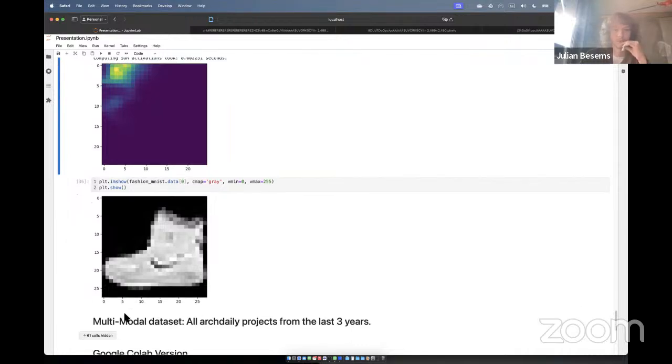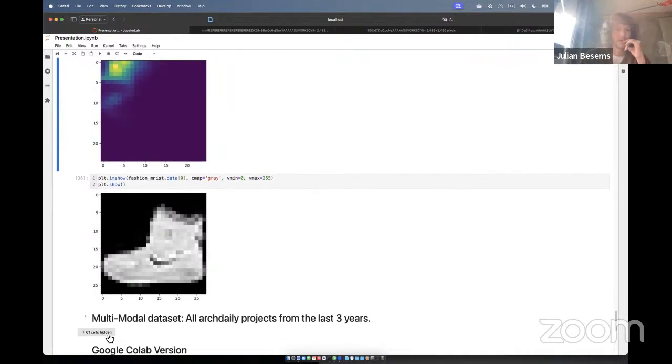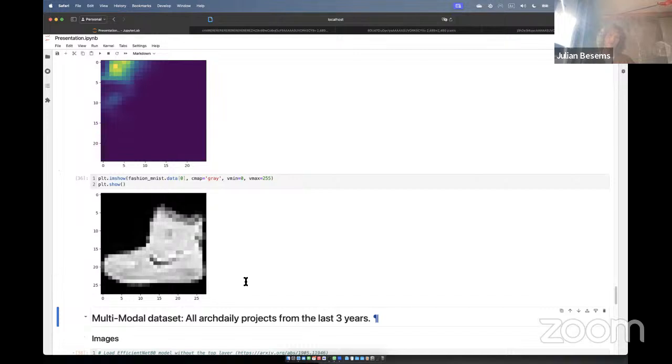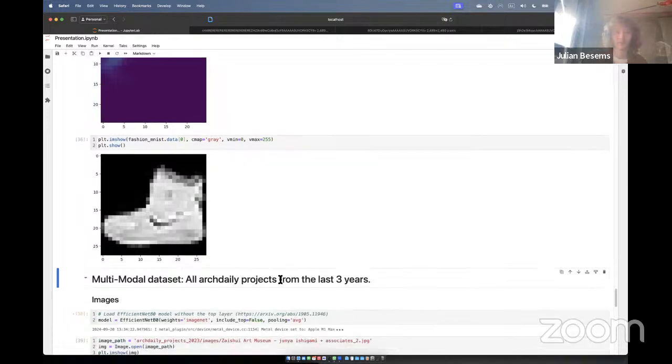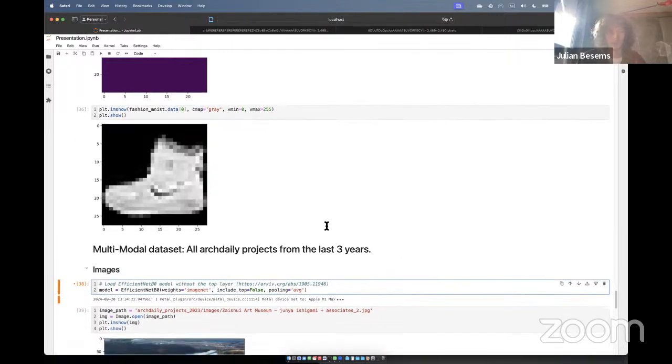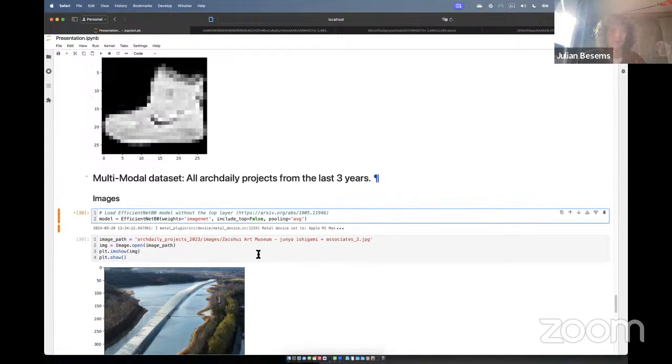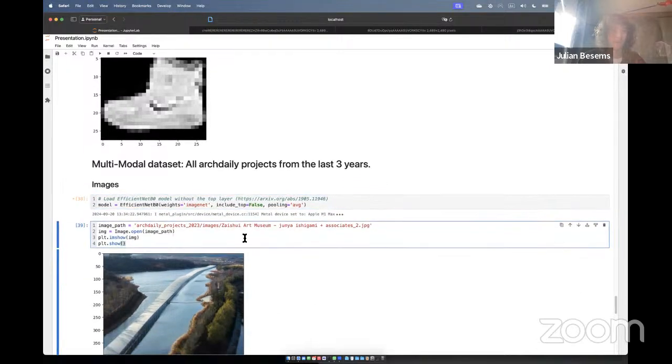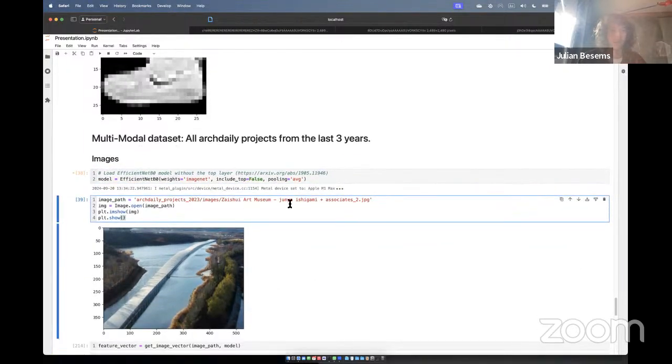Now let's look at something a bit more exciting. If we take all ArcDaily projects from the last 3 years, we first start looking at their images. One example is a recent project by Ishigami, which is a museum.